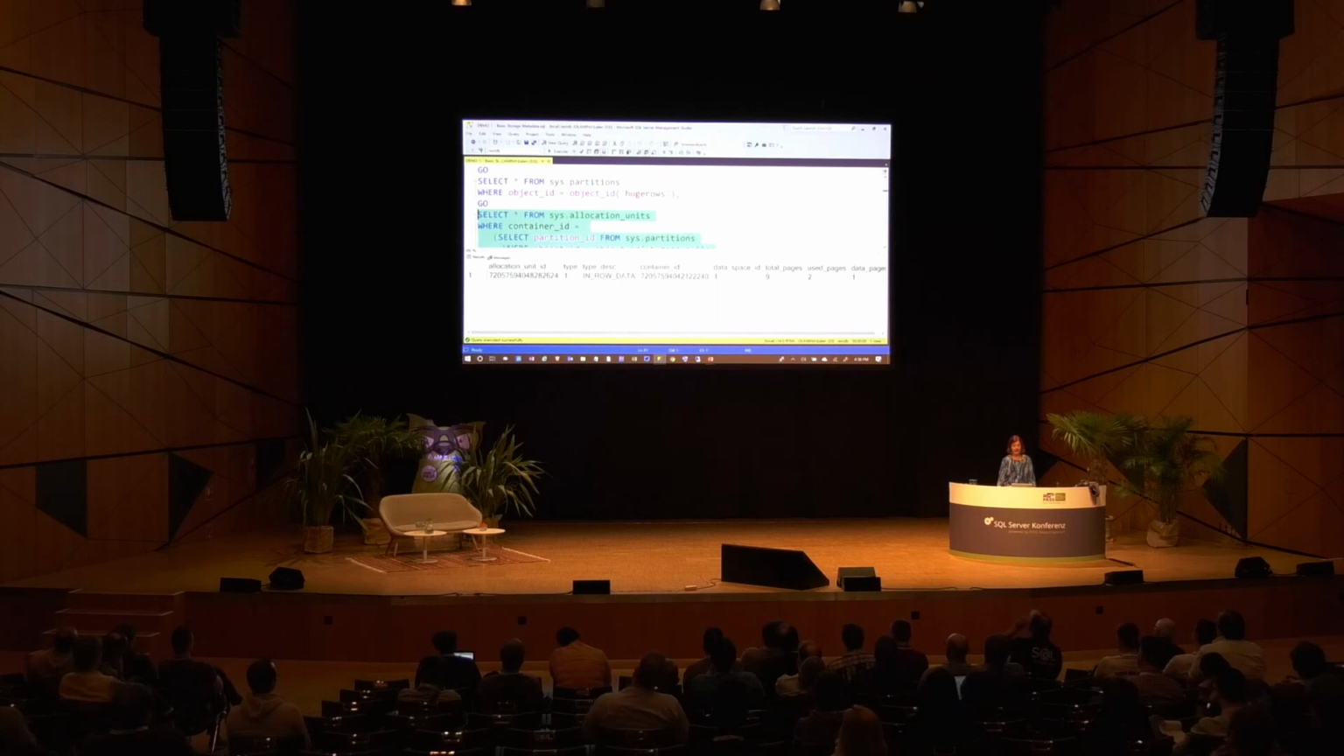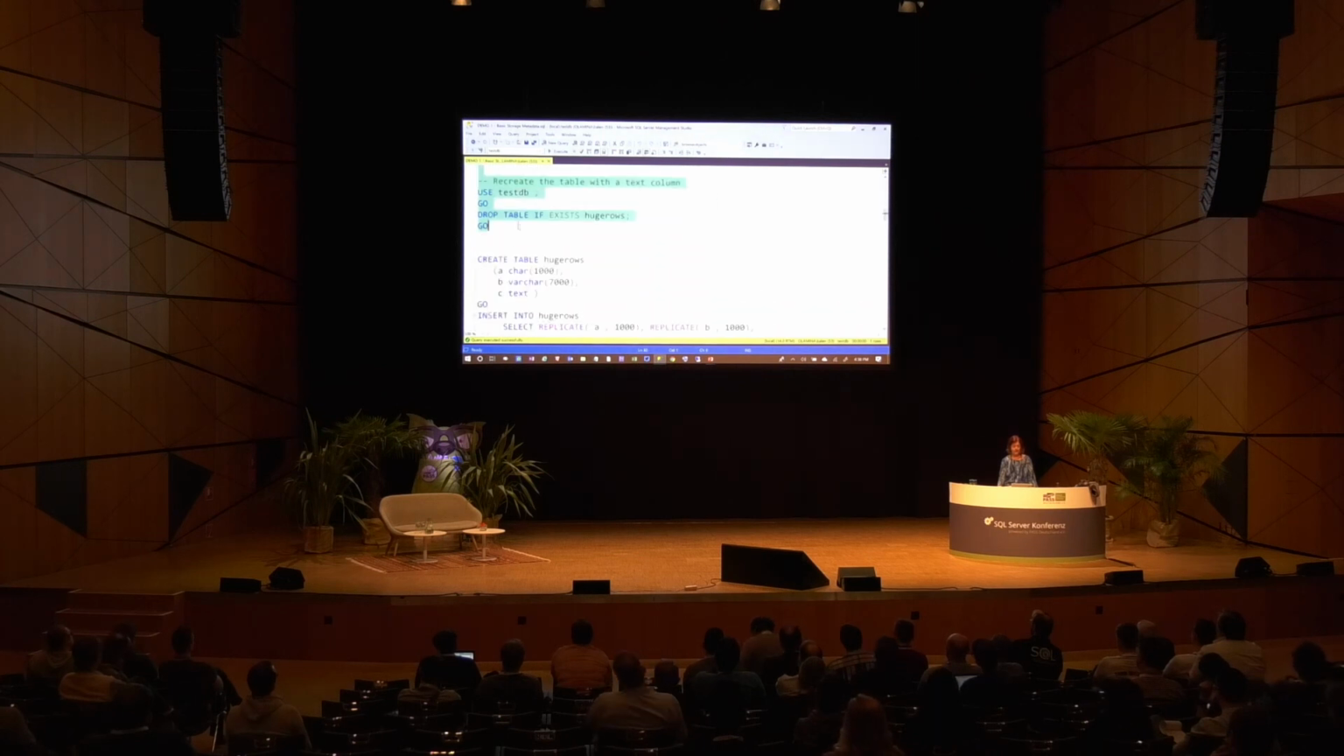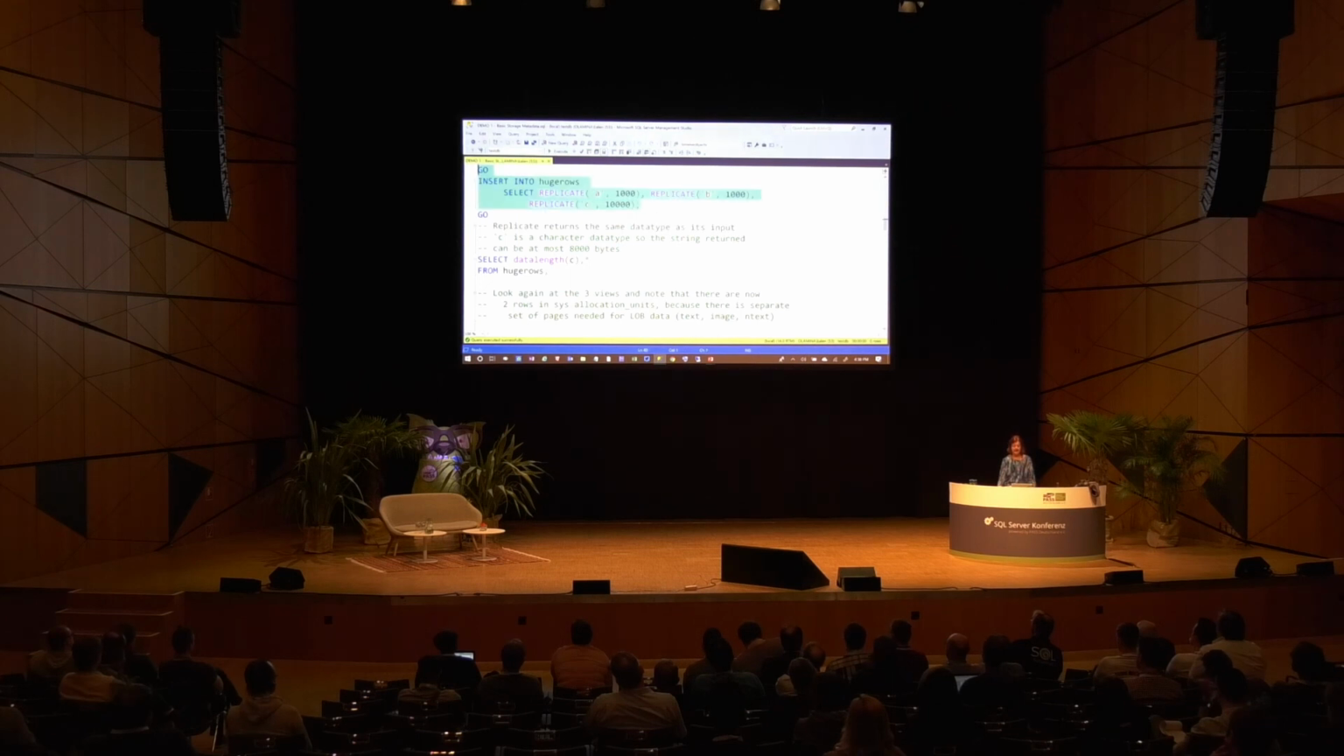And I only have regular in-row data. I haven't done anything special because I didn't use any of my special data types or fill multiple varchars that ended up giving me row overflow. But if I recreate this table with a text column, and run it, and then insert, including 10,000 bytes into the text column. I didn't really put 10,000 bytes in there. Data length tells me it's only 8,000, and that's because